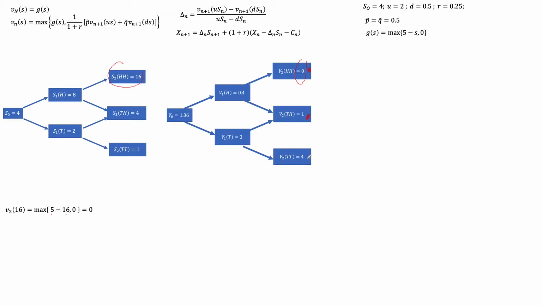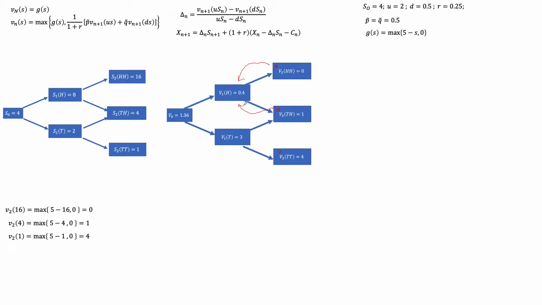And at this 4, the stock price is actually 1. So 5 minus 1 is 4, so that's where this is coming from. This is basically where the math is coming from, right? So using this, we know the prices, we know the value at each of these nodes here. Then we just use the algorithm to find the price